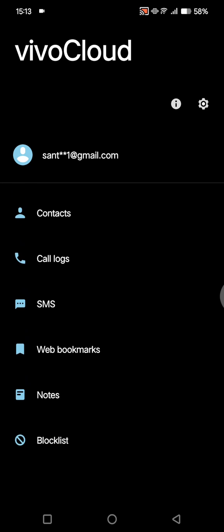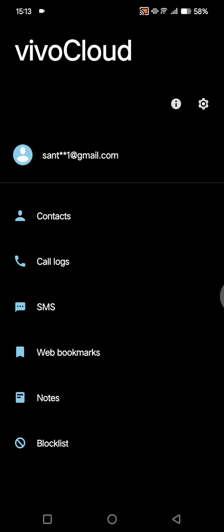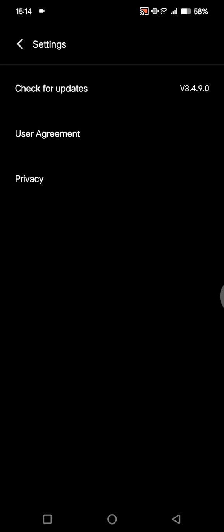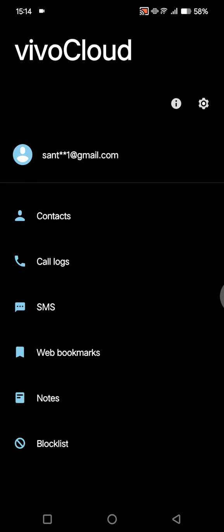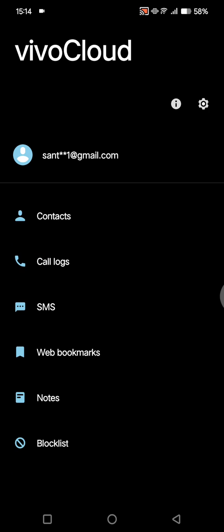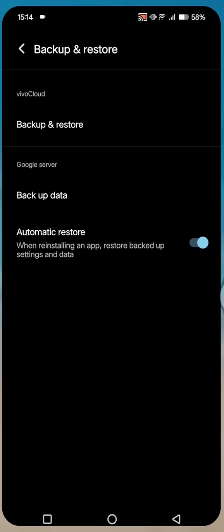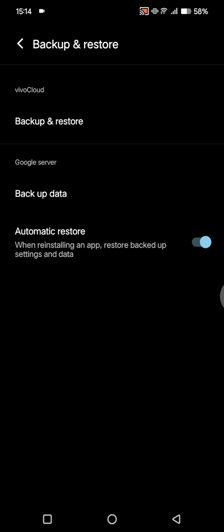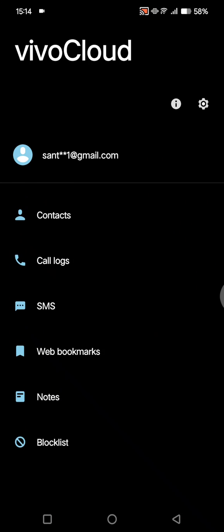and after that this is the Vivo Cloud. So you can go to the settings, you can check for updates in here. So if you use a previous phone, like you want to restore the data on your previous phone, you need to activate the Vivo Cloud. So after that you can go to this backup and restore, and after that you can restore